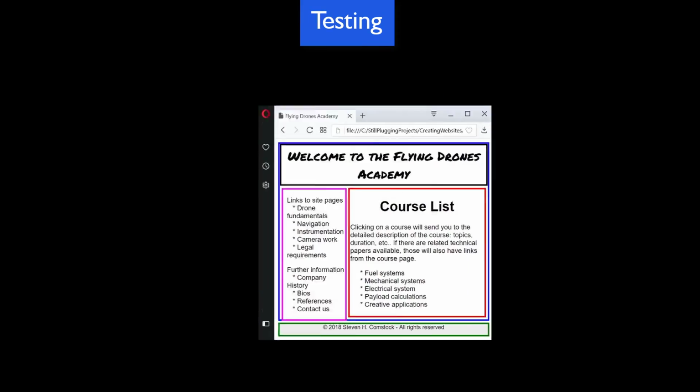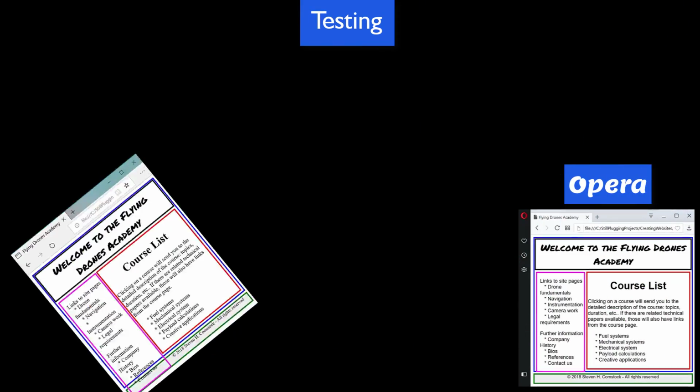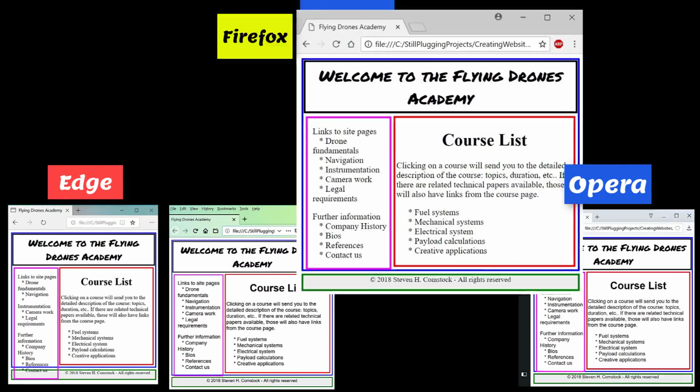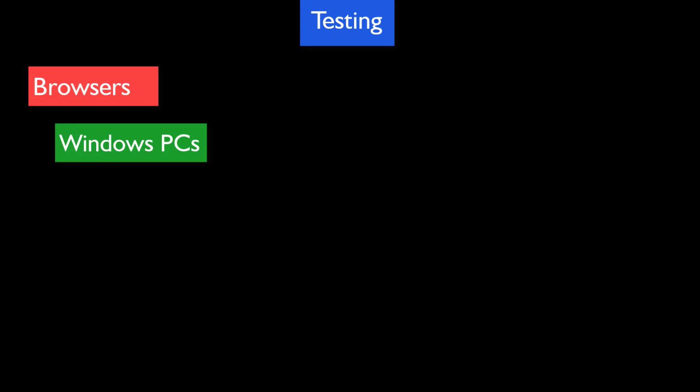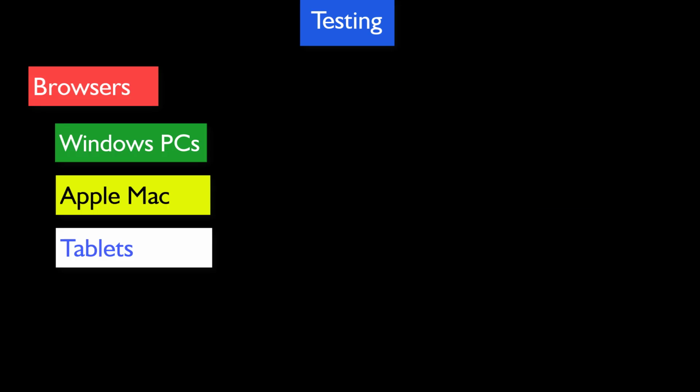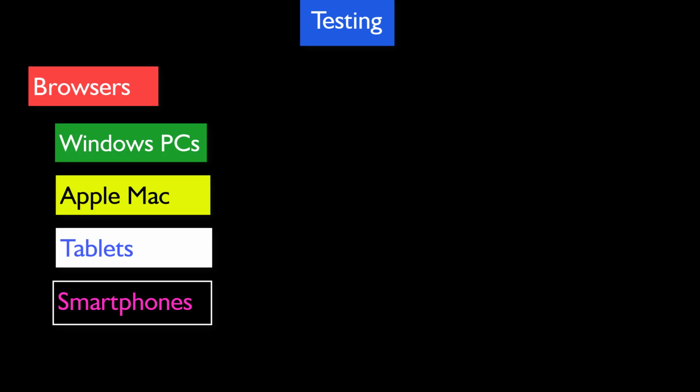Testing. The biggest mistake web developers make is not looking at their pages in multiple browsers. You can't assume your audience will be using the same browser as you, or even on the same platform. And not all browsers render pages the same way. This course focuses on using browsers for PCs and Macs, although there are browsers for any platform connected to the